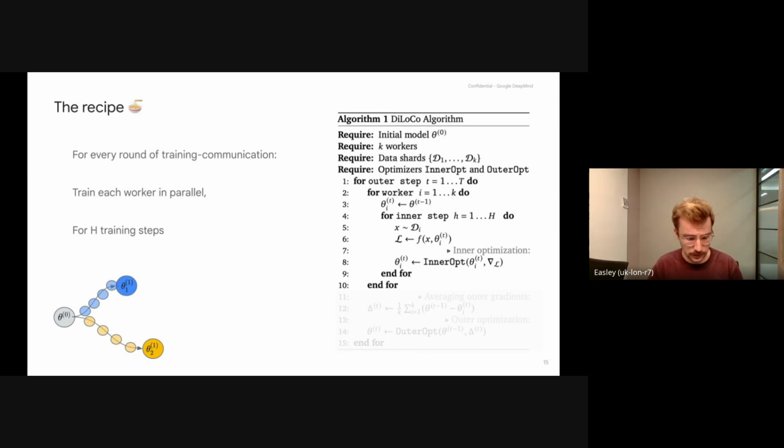So as you can see here on this diagram, I don't know if you can see my screen. No, you cannot see my screen. So as you can see here, we start from the same parameters, and then we do a little bit of independent optimization until we train theta1 and theta2, each of them two different replicas that may have drifted a little bit since they were not optimized together and they were not synchronized at every time step.